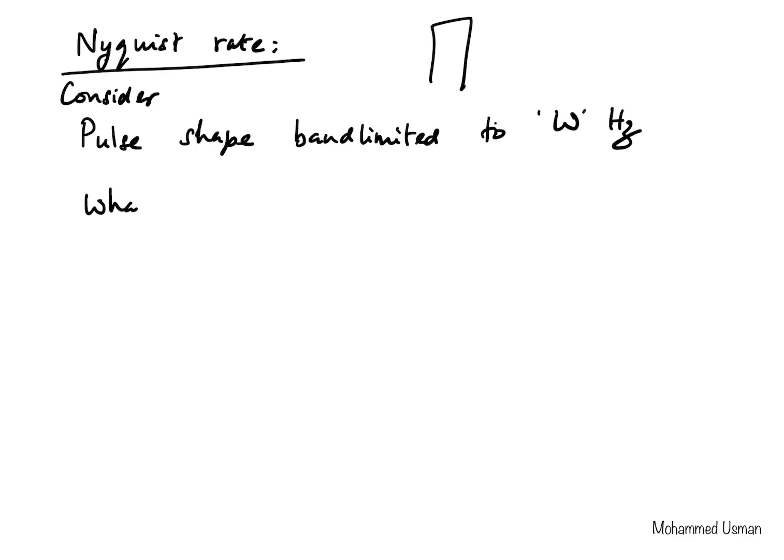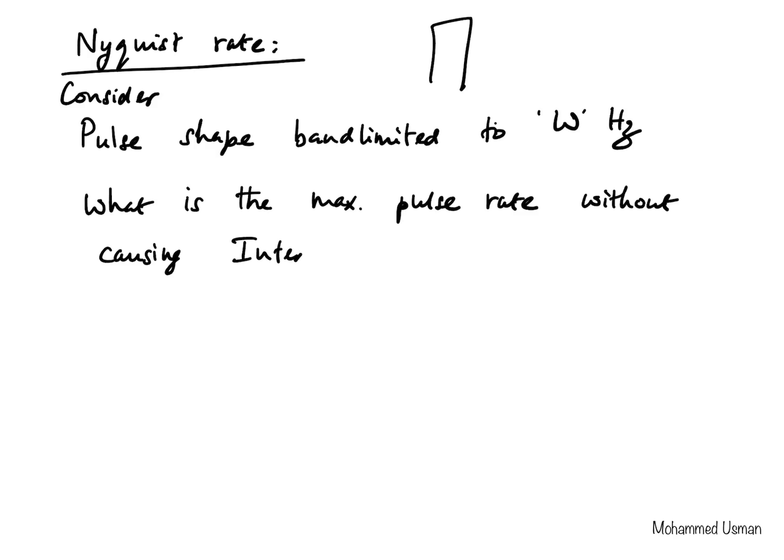So the question is, what is the maximum pulse rate without causing inter-symbol interference, which we call ISI. Okay, so that's the question he set out to answer, and from his research what he concluded was that the